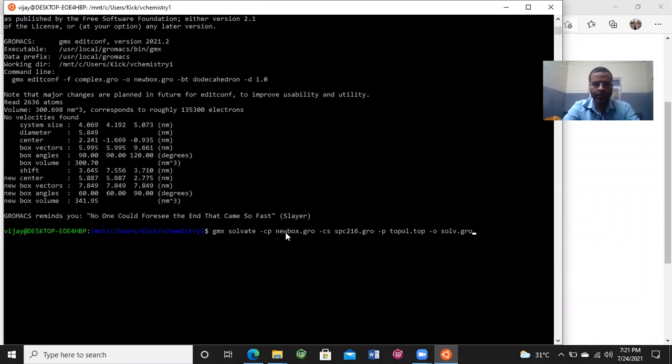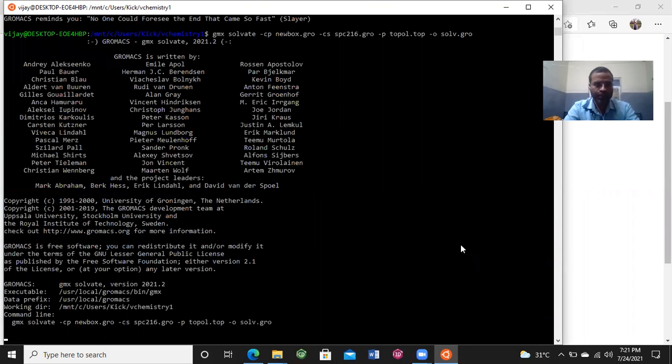Dash cp is the input file. Dash cs provides the water model, spc216. Dash p means writing the topol.top file, and dash o generates the output file, that will be the solve.gro file. Now press enter.